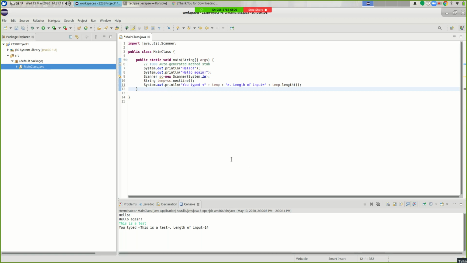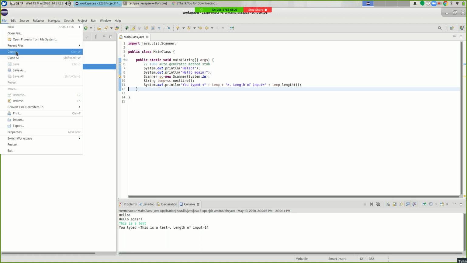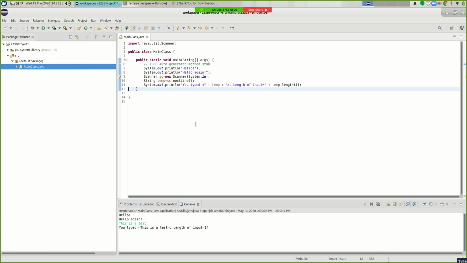There's keyboard shortcuts, too. There's my asterisk saying I made some change that I haven't saved yet. I can just hit Control S and save it. It'll also save it when I run. You can also come over here and say File, Save, or you can just do Control S. So there are always keyboard shortcuts, and those can be useful to know. If there's questions along the way, shoot them out there, because I'm just going to go through this.